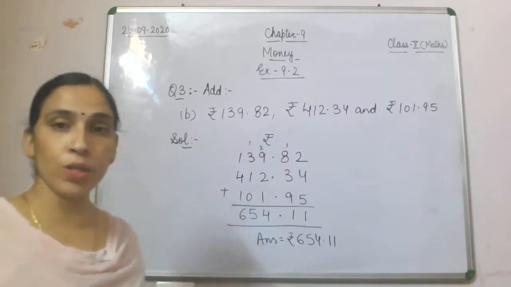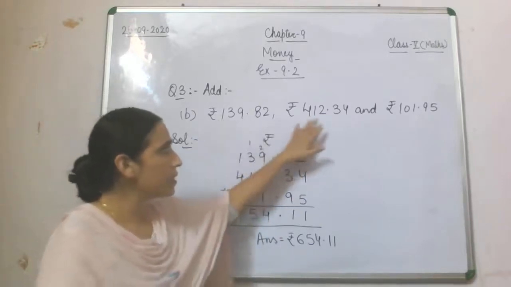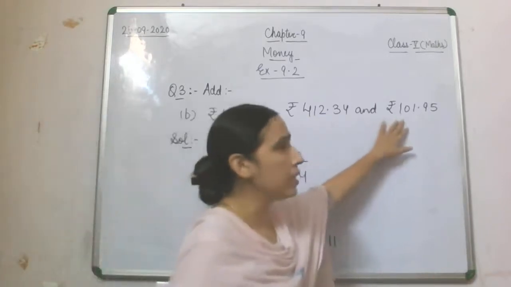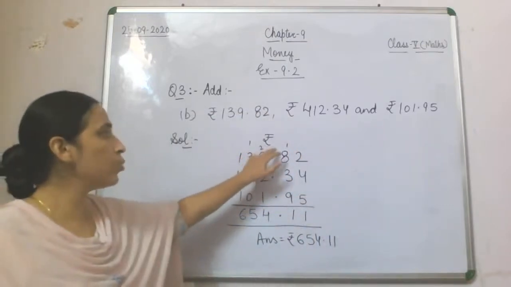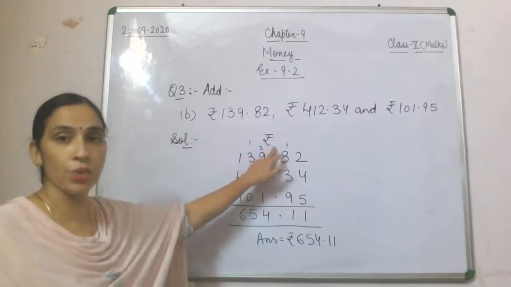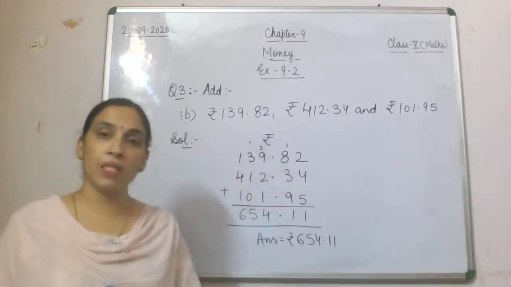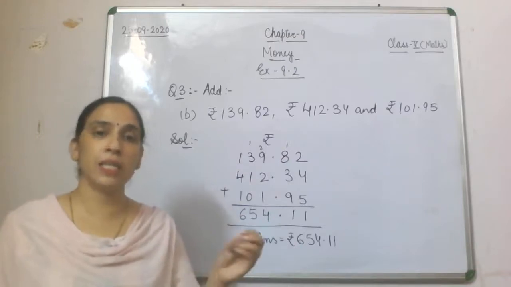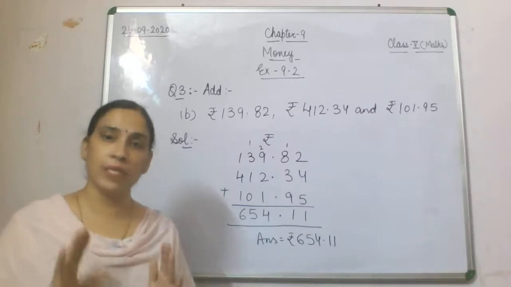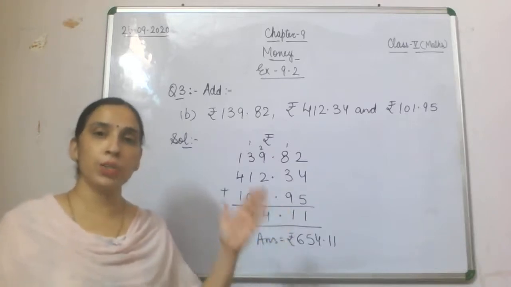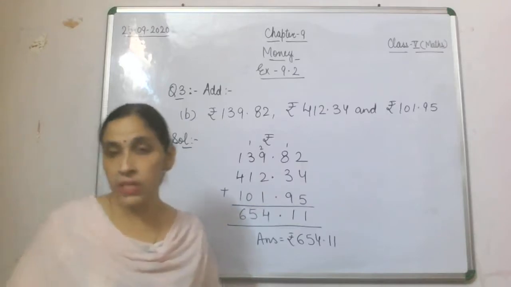So here also you have been given 3 amounts, first, second and third. And how have we done this addition? We have written the unit which we required, that is rupee, and then we have arranged. In addition you have this liberty, you can arrange it in any order. That sum will be the same. If you arrange it in descending order or in ascending order, the answer will be the same.